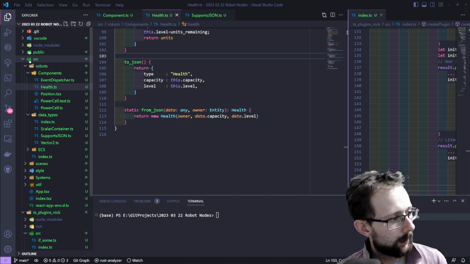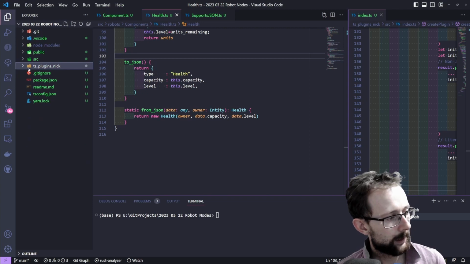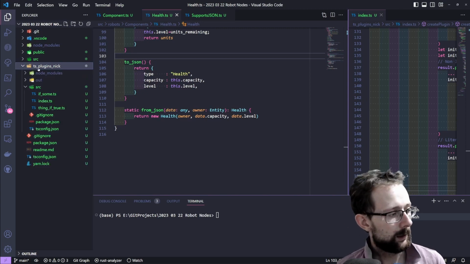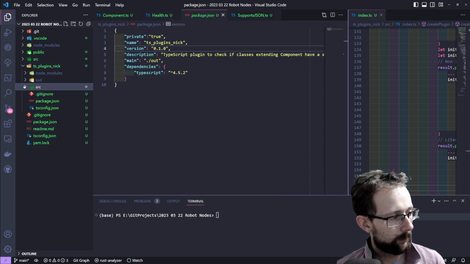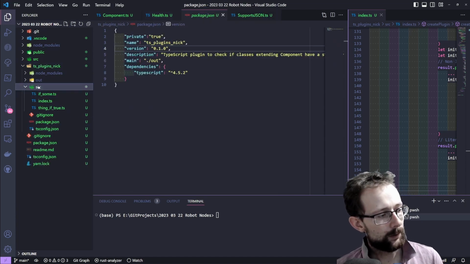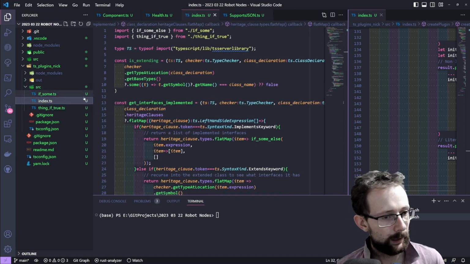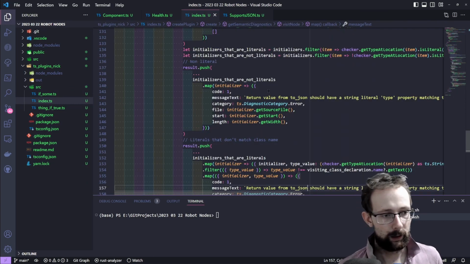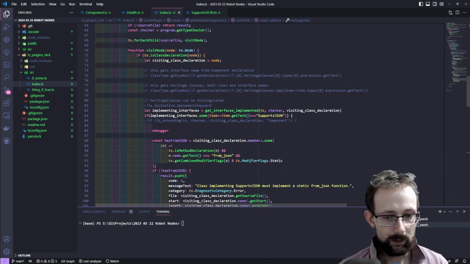Rightio, I'll collapse my source directory here, and you'll see that there's another directory, ts_plugins nick over here. And inside that is a new package.json and a second source directory over here. Inside the source directory there's an index.ts. If we open up index.ts, which I already have over here, and let's zoom out a little,